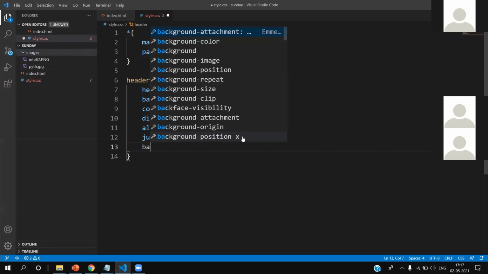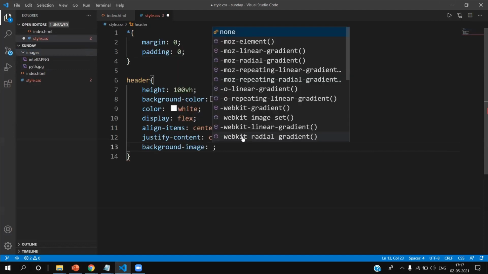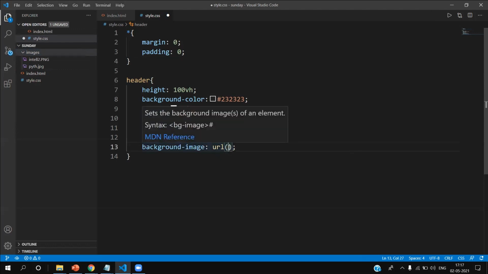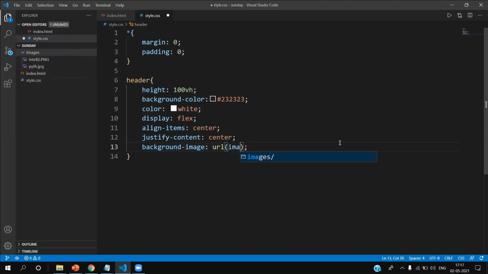So I'll use background image and I'll give it as URL. Here in background image, I'll give the location where my images are. My images are in the images folder, and I'll use file.jpg and save it.